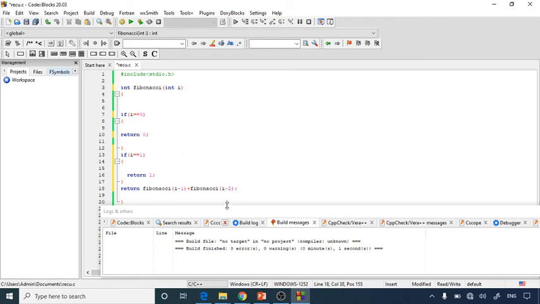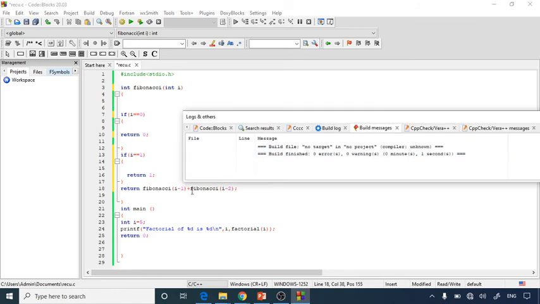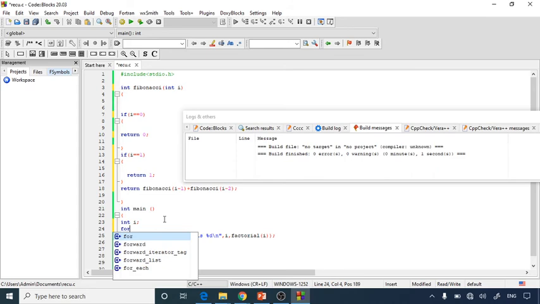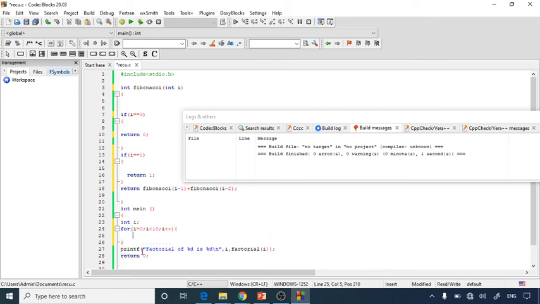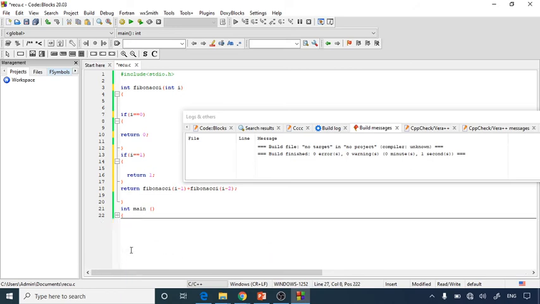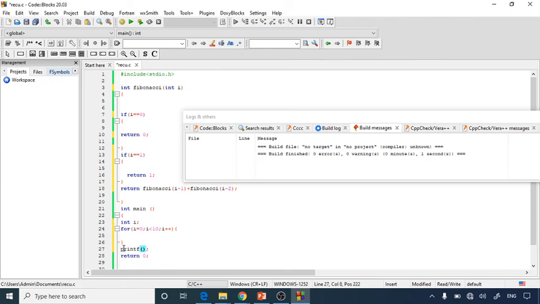After that, inside the int main function, I'm going to give integer i, and here I have to write a for loop. Inside that I will write i equals 0, for i less than 10. I want a maximum capacity of 10 for my series. You can have any of your choice. Then I'm going to use this printf statement inside this for loop.